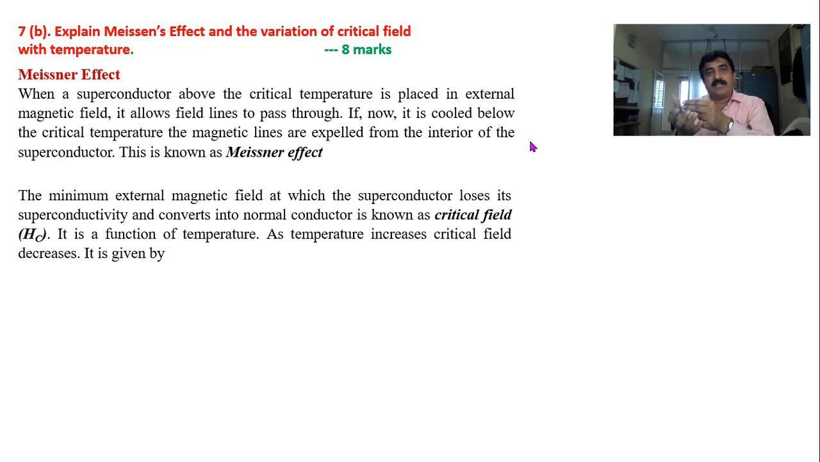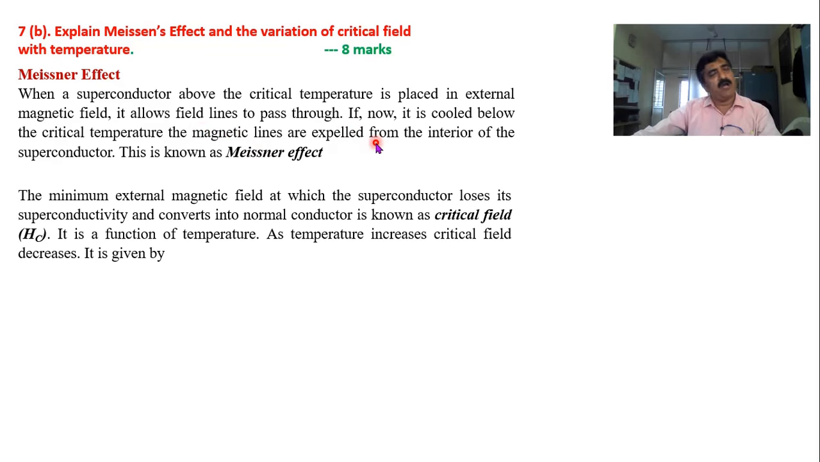Now if you reduce the temperature below the critical value, now the substance becomes a superconductor. Lines cannot pass through. Lines will be thrown out of the specimen. So lines which were earlier going like this, now they go like this. This was observed by Meissner, hence it is called the Meissner effect. I read it. When a superconductor above the critical temperature is placed in the external magnetic field, it allows magnetic lines to pass through. If now the temperature is reduced, means it is cooled below critical temperature, magnetic lines are